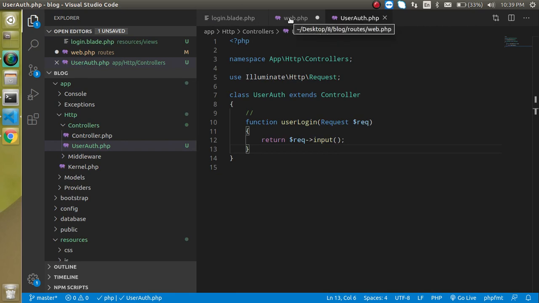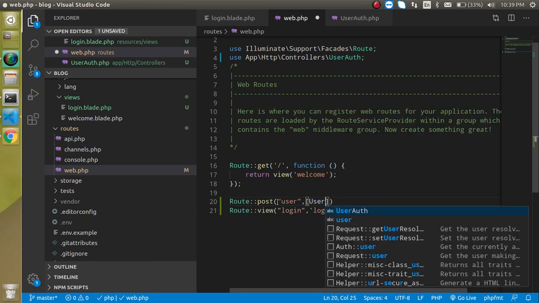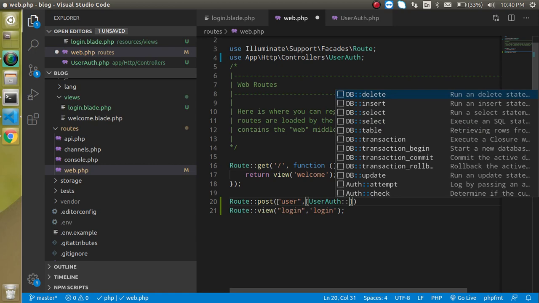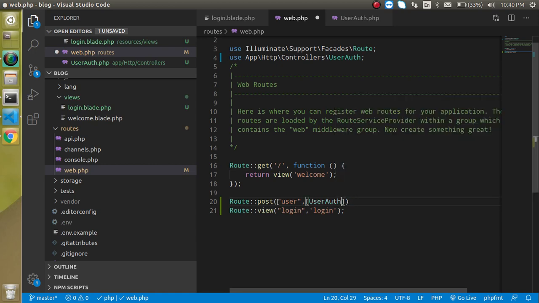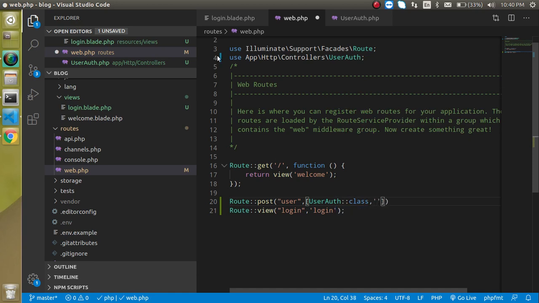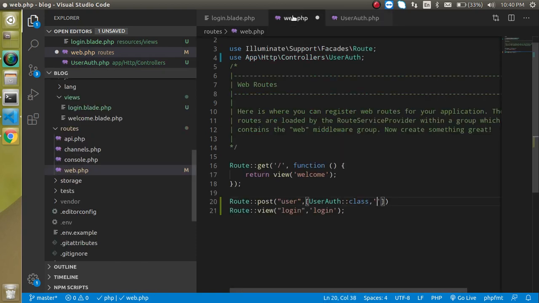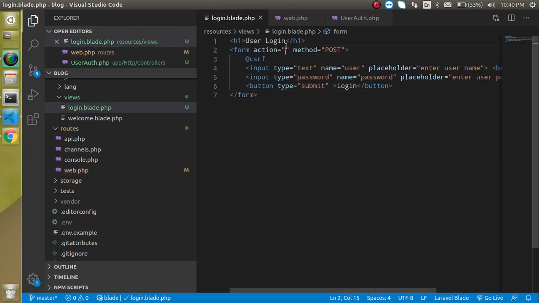And now we have to define the path, so we can write here user, and in the second parameter let's take an array with UserAuth::class, and in the second element let's define the function name of the controller, which is userLogin, right? Let's put a semicolon here. Now let's use this route with the form action, right?